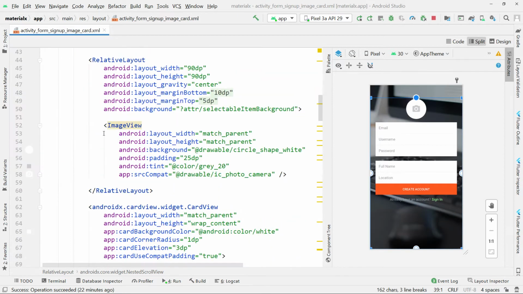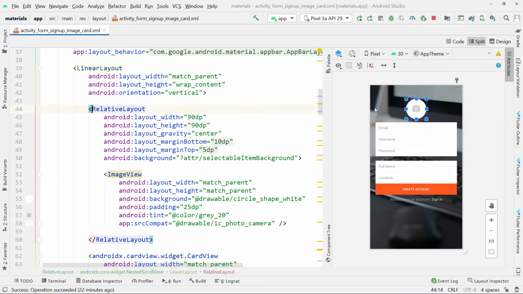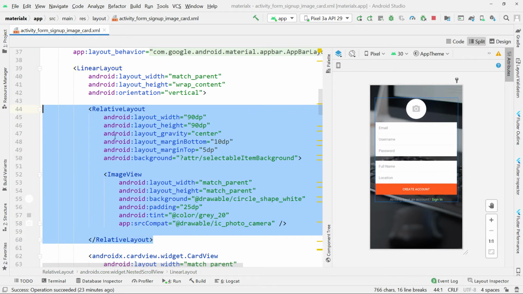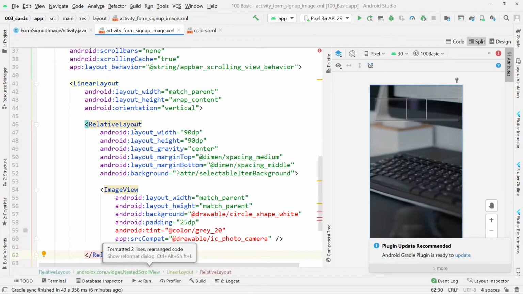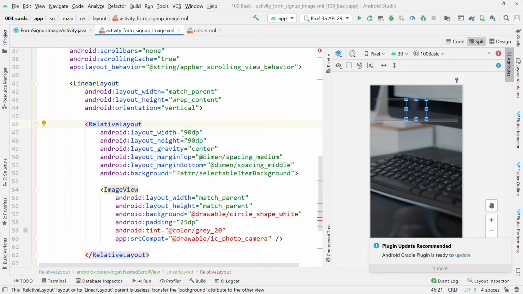So it's going to be a relative layout here that you see. This relative layout will allow us to center these images as you can see them. So I'll copy that relative layout and paste it here. In this relative layout, it has the height of 90 dp and the width of 90 dp, and inside that relative layout we are giving it